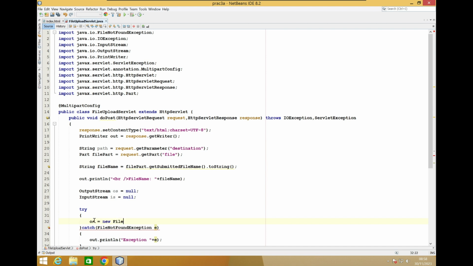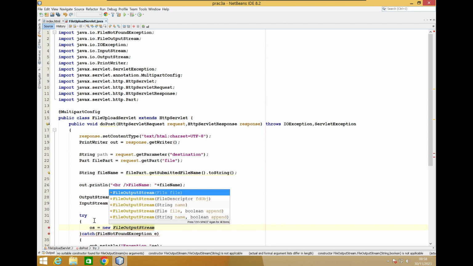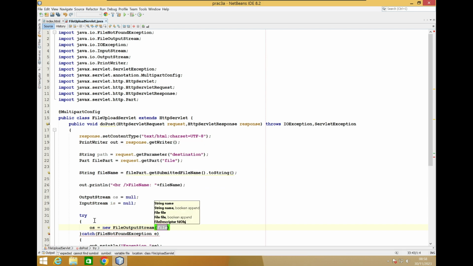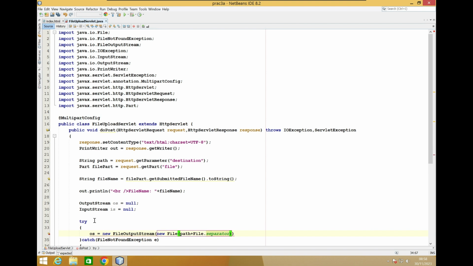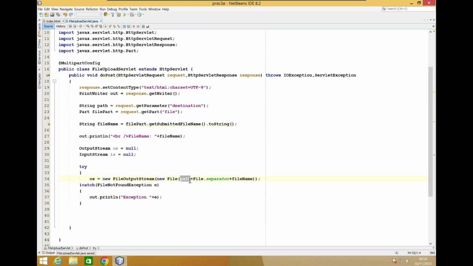So OS is equal to new file output stream, so we have to store the file somewhere, right? So what we will write here is new file. Inside the new file, what we have to do is store the file at this particular path plus file dot separator, meaning the slash, plus the file name. So you have to store the file at a given path, then the slash, and next the file name, right? So it will store this file at this particular path, and it will create a new file over there using the output stream,